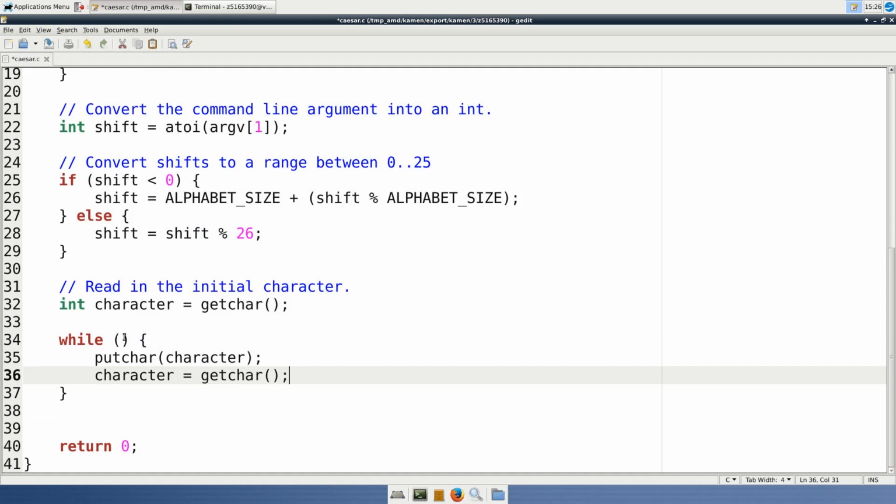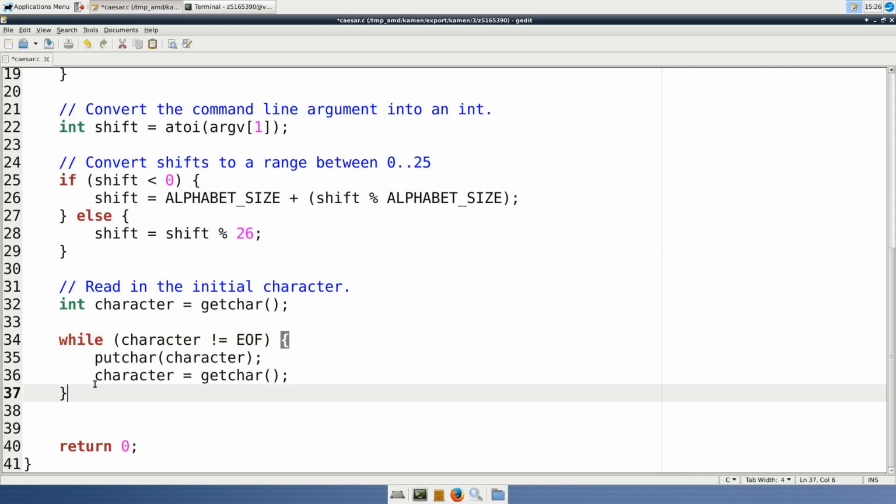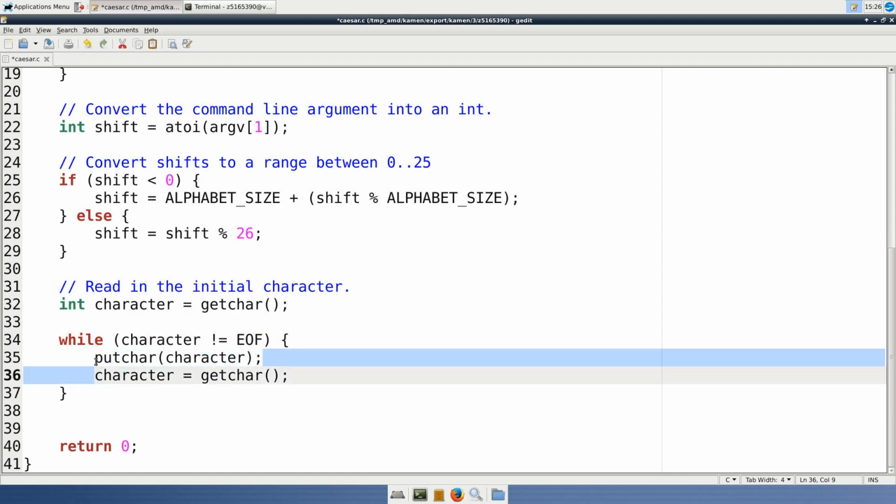Perfect. This condition here is going to cause the while loop to keep looping through until character is equal to end of file. So it's while character is not equal to end of file, we loop through. Good. So this is good so far, except before printing this character, we want to change it to the shifted